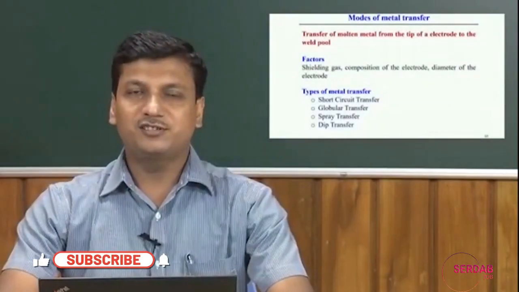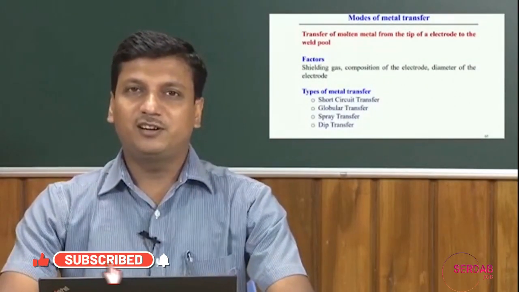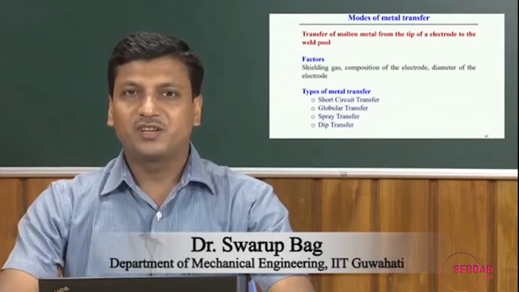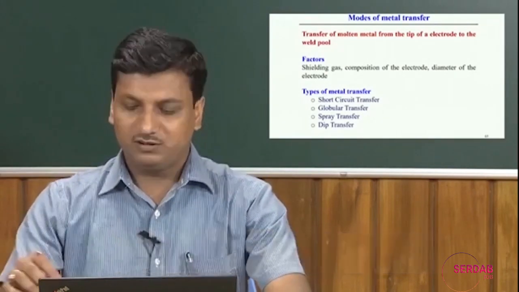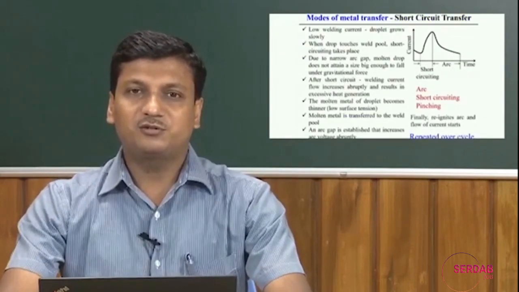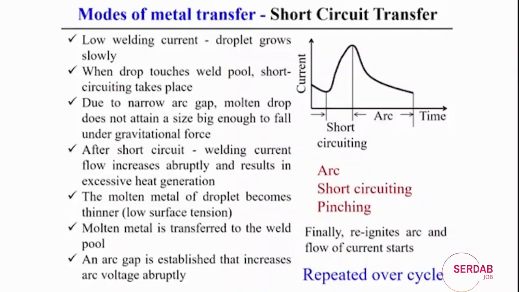Now we will try to discuss the different modes of the metal transfer generally observed in the gas metal arc welding process. First we will start with the short circuit transfer. Basically, during the welding process, when the electrode comes in contact with the workpiece material and